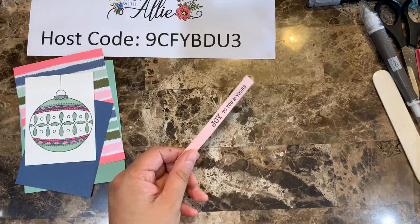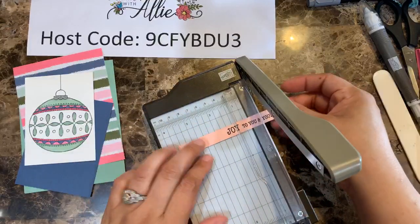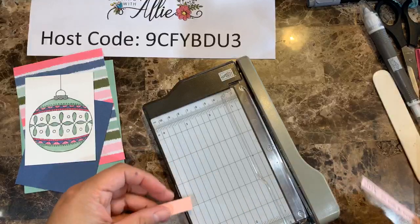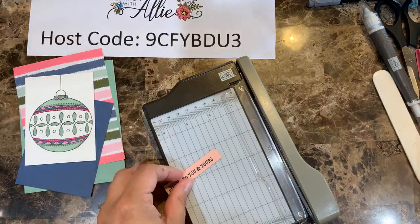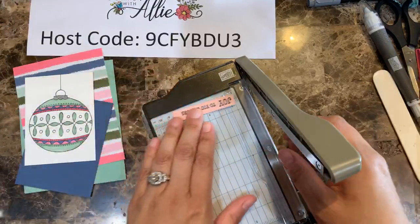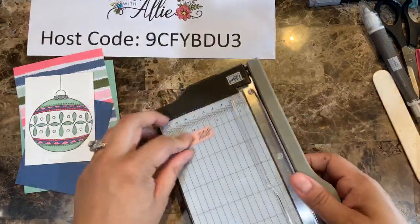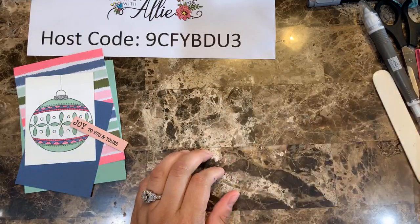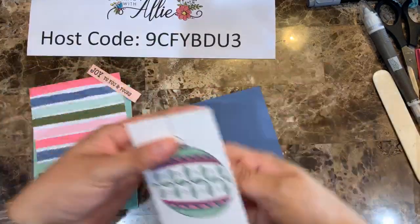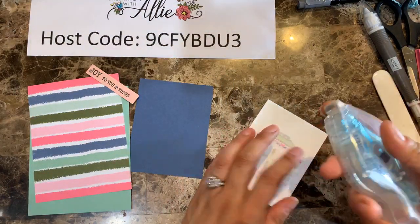And then for this part, I'll probably want to have it, well, who knows? No, it will be fine. That's okay. Let me just make it straight. There we go. Alrighty. We'll see how this one goes. Alright, so now as far as this one, we're going to go ahead and glue these down. So let's start putting